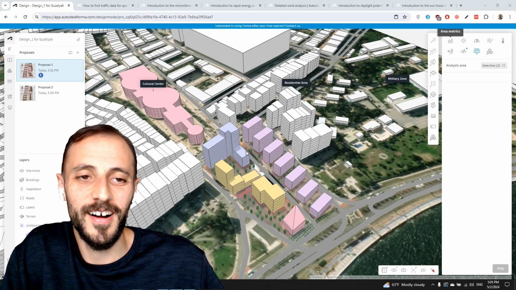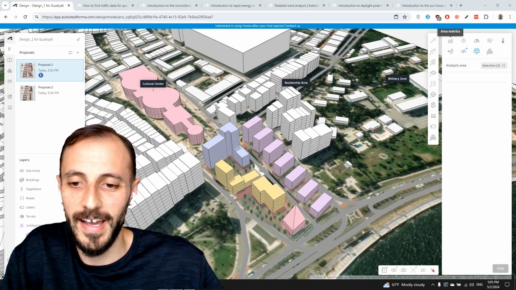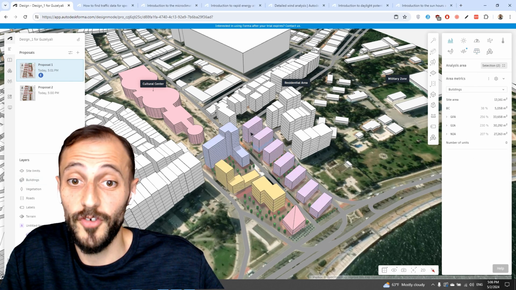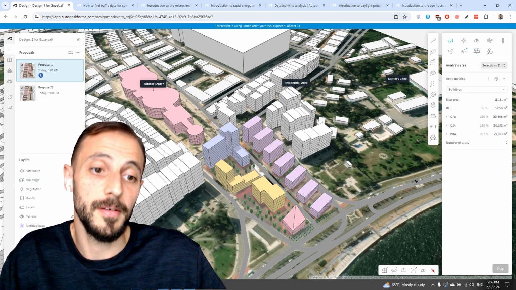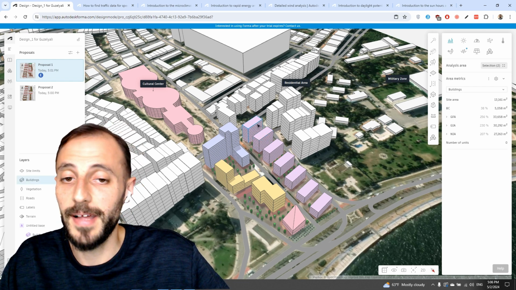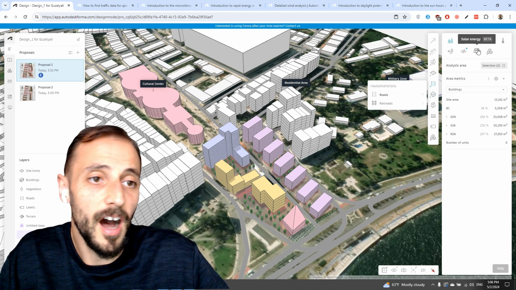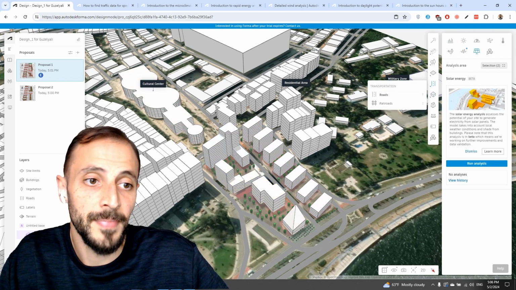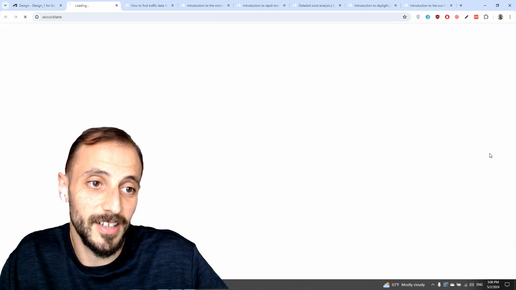Now we are going to take a closer look at the solar energy that can be harvested from the buildings if we apply solar panels on top of each building or some buildings. How do we do that? So if I click on the solar energy tab here, and obviously if I click learn more,